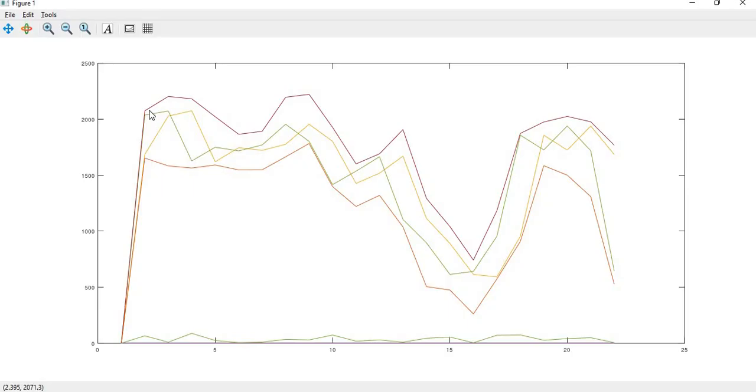So right here is increasing, this section is increasing, right here is decreasing, sometimes it is very close to a constant function, but most of the time it is increasing and decreasing.